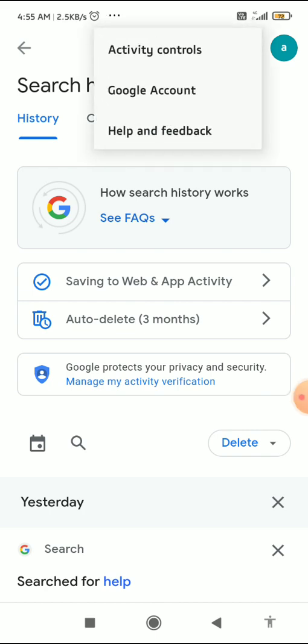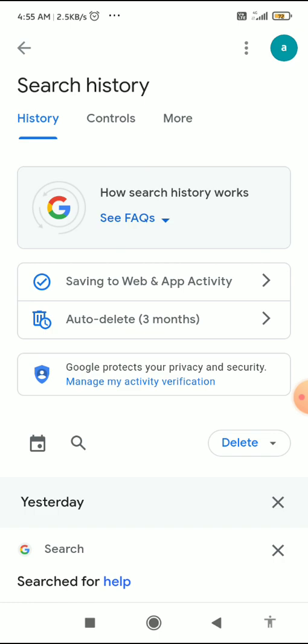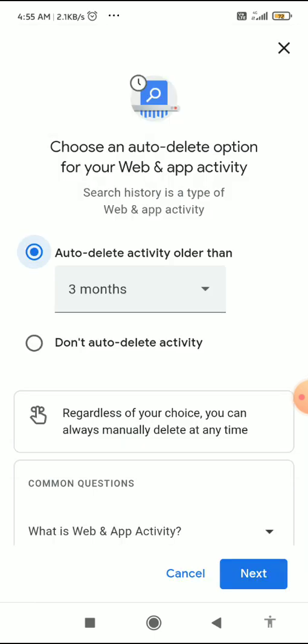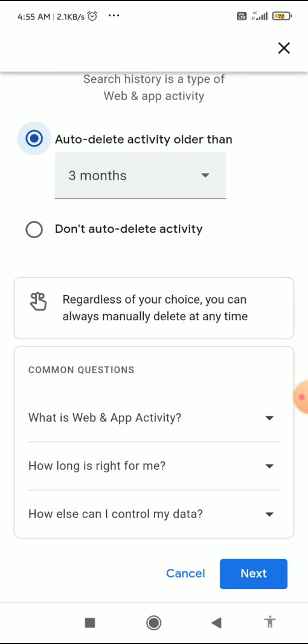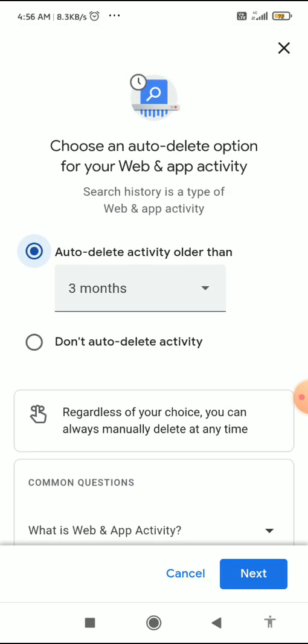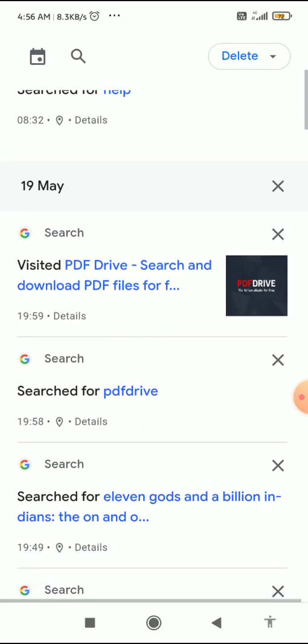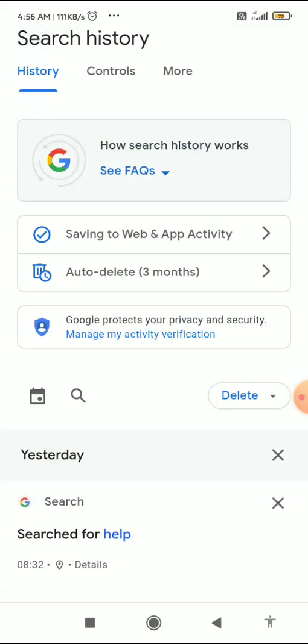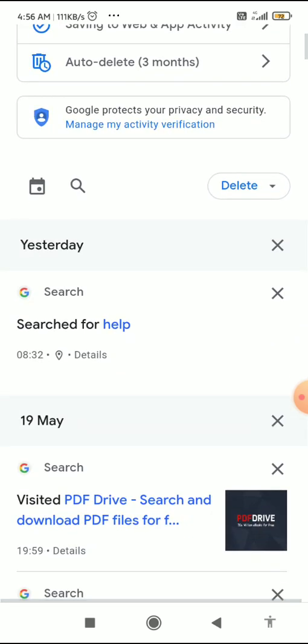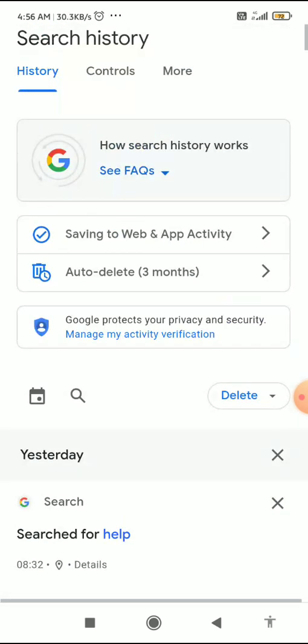Here you can see the auto delete option. You can also choose the auto delete by 3 months, and then after 3 months all of your search history is deleted. And if you want to individually